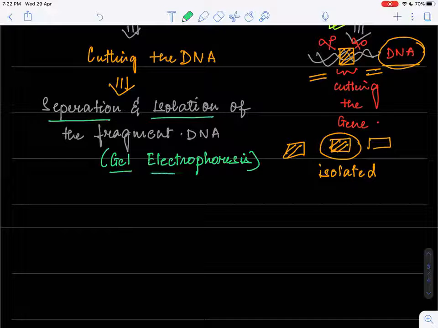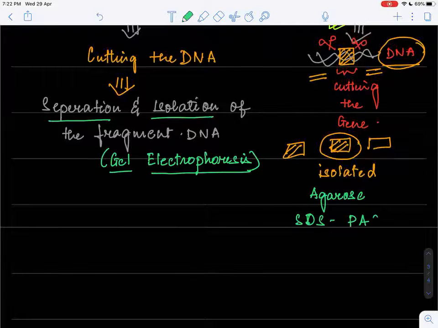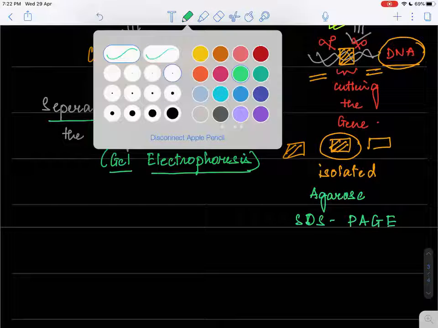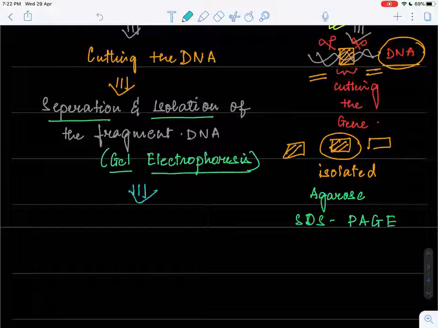Gel electrophoresis. Now there are different kinds of electrophoresis like agarose gel electrophoresis and SDS-PAGE, but here we generally go for normal agarose. We are talking about very normal agarose gel electrophoresis.